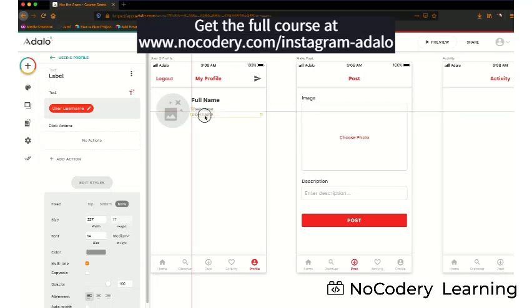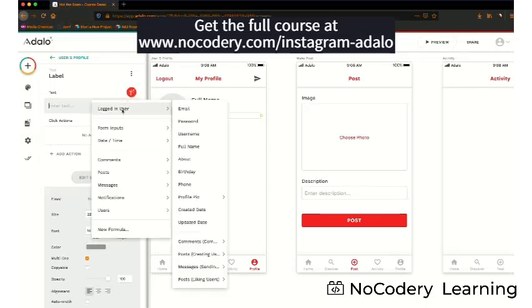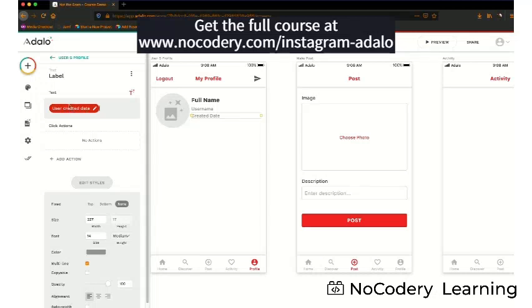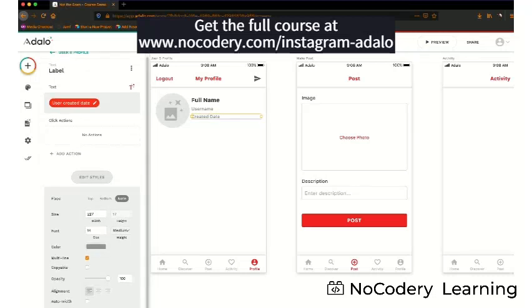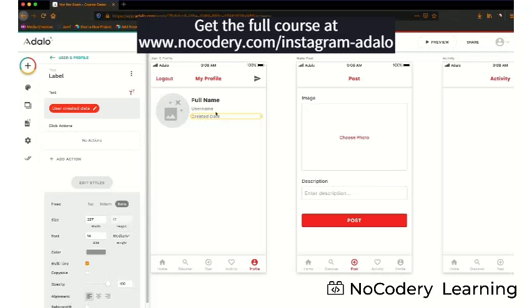So let's Alt click drag here, and let's change this data to be the logged in user's created date. So this is the created date of their user record, if you will. All right, so we've got that, and now that we've got these two things here, maybe what I want to do is I want to